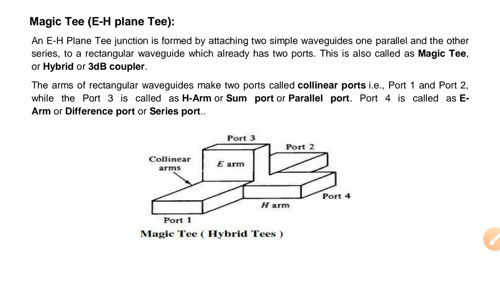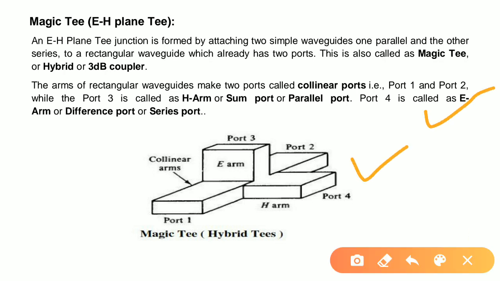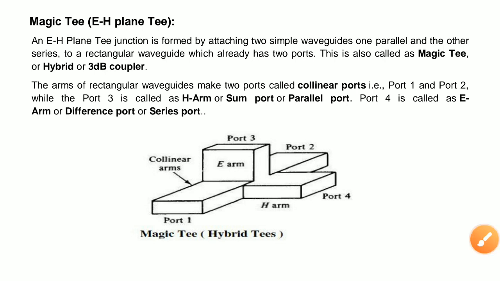Again, I want to repeat this: you have to write the derivation of the scattering matrix of each type of T. Please remember this point. If this type of question is asked in the examination, you have to write the description, the diagram, and along with that you have to write the derivation of the scattering matrix. So please be prepared on your own to find this scattering matrix. There is a small mathematical derivation of that. So please be prepared on your own.